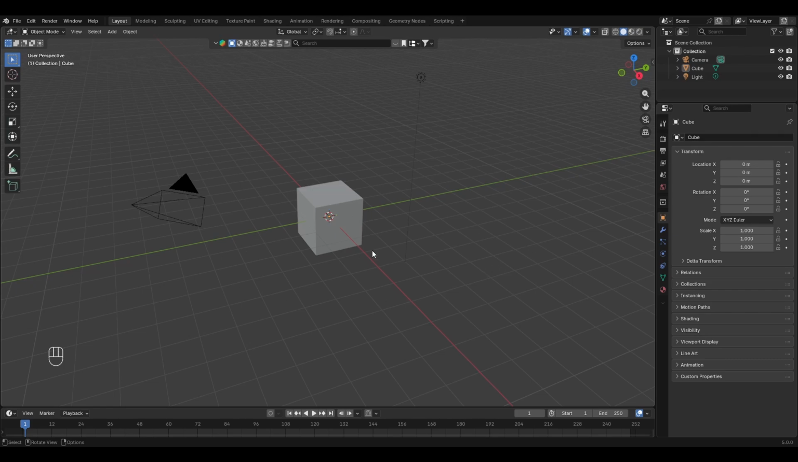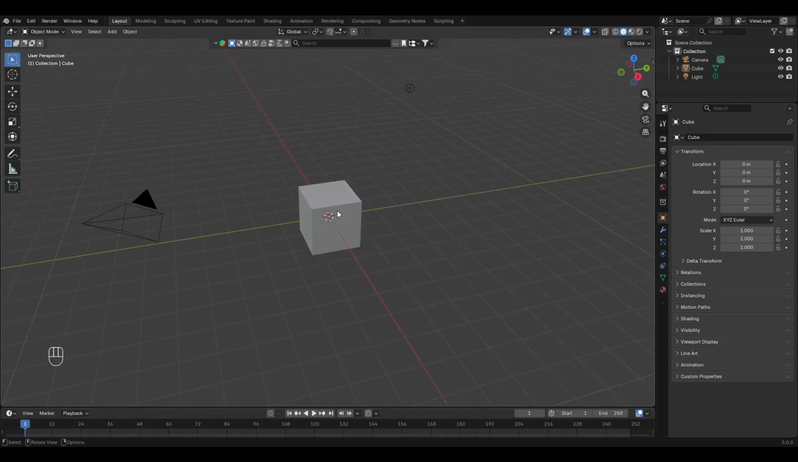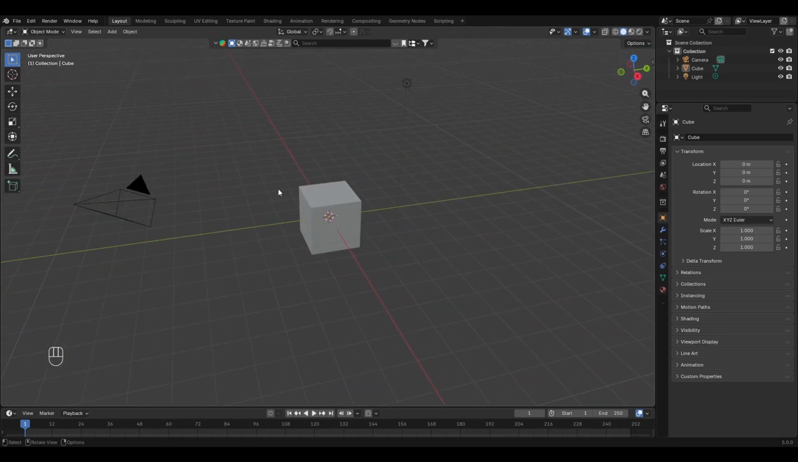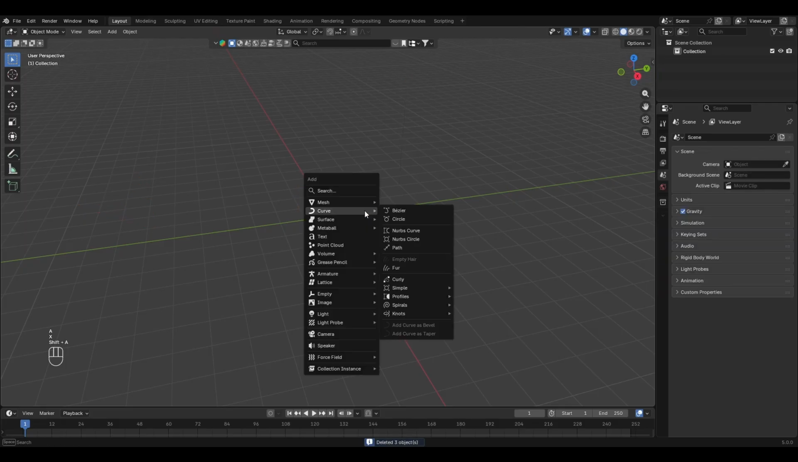Today we are going to make a cricket ball. I already have a cricket ball tutorial, but it was made with the older version. I am using 5 now, so we will take advantage of the new array modifier and the curve to tube modifier. So first let's remove everything, add a UV sphere,